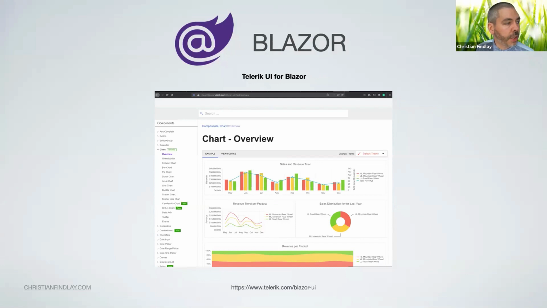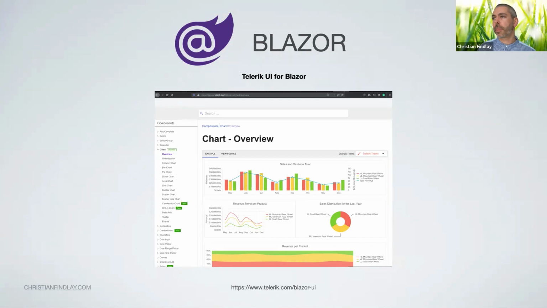They have a set of controls for Blazor at the moment. I haven't got a video of the controls at the moment, but if you contact the Progress team, they also provide training on Blazor as well. So they offer a package in terms of controls and training for the Blazor platform. So I can't point you to a resource right now for the training part, but if you get in contact with me, I can find out more information. I can get back to you when I have that information from there.